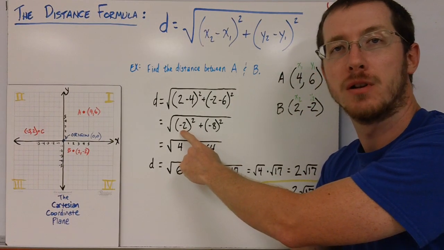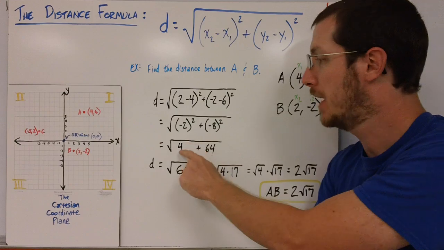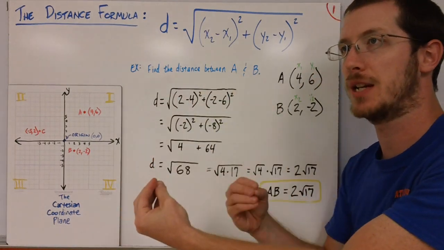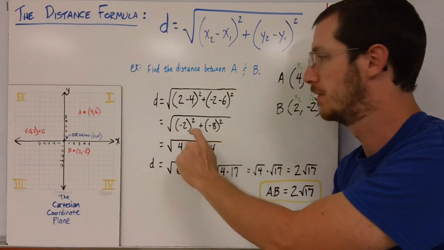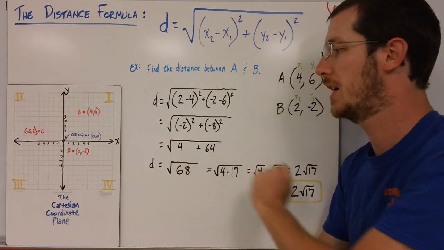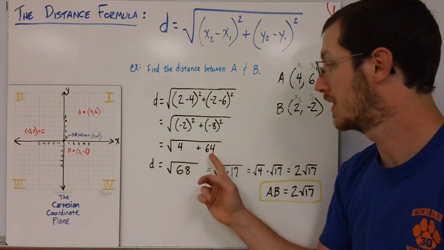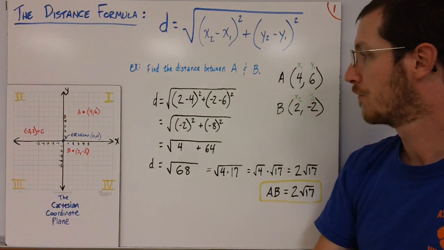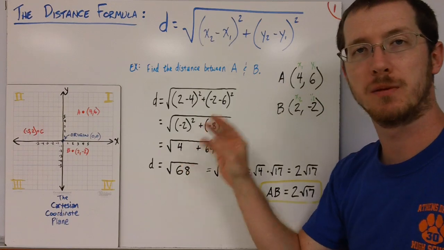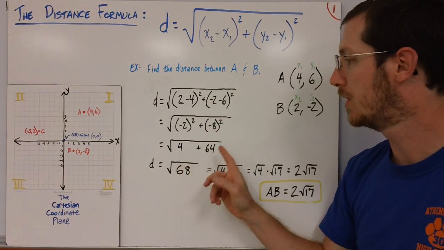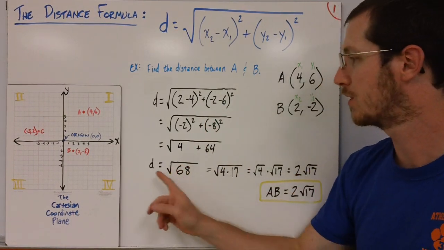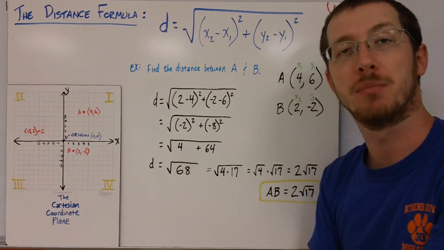Any negative number squared is a positive number, since a negative times a negative is a positive. So negative 2 times negative 2 is a positive 4. Negative 8 times itself is 64. Now we've got rid of the parentheses and the powers, so we've got 4 plus 64, which is 68. We've got the square root of 68. Now in simplest radical form,